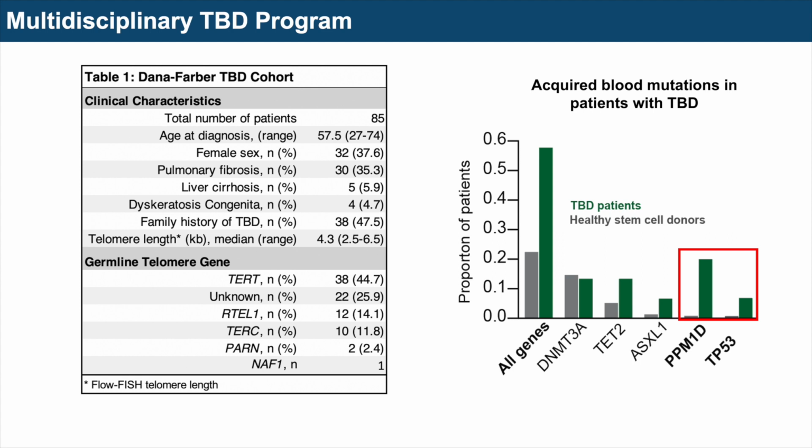And we also are starting to see that there are specific patterns of these changes that can help us better predict who's at highest risk for developing blood cancer. And so this is ongoing data that we're developing here, and we have some active research projects in the pipeline to really help us understand this question.